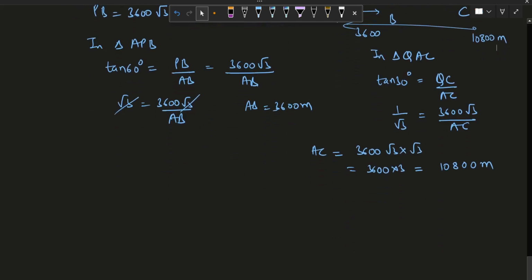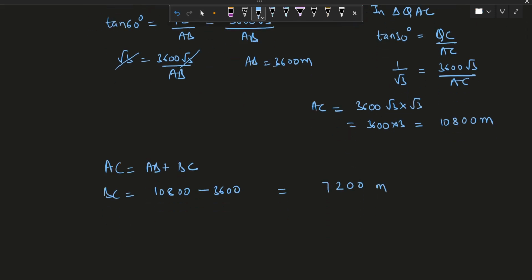So let me find out BC from there. Why do I need BC? Because that's the distance it has covered in 30 seconds. Okay, fine. So AC equals AB plus BC. So BC will be equal to 10800 minus 3600. So how much is BC coming out to be when we subtract? It's 7200 meters. Now, this is the distance BC, that is the distance covered by the plane